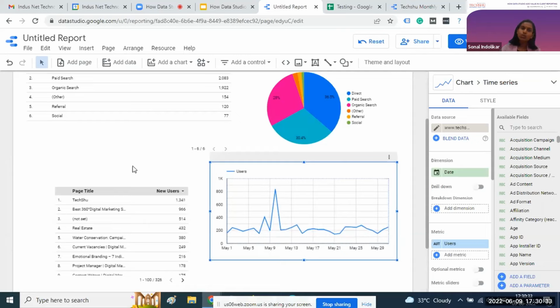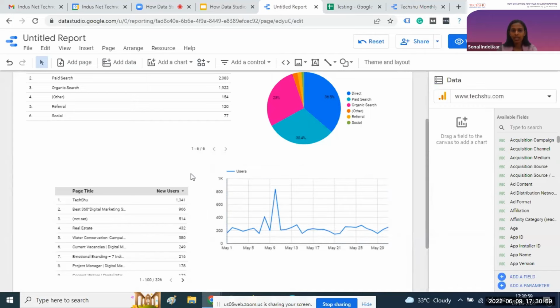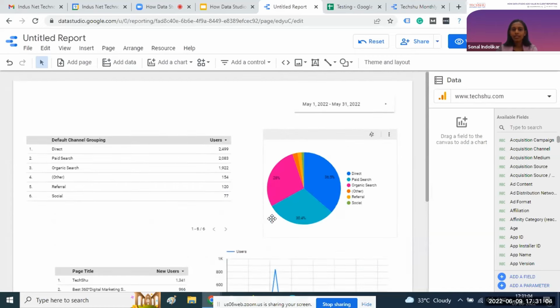When we use Google Slides or Microsoft presentation format or an Excel sheet for report creation, at that time what happens is we need to download the data from Google Analytics or Search Console. After downloading the data, we need to put that data in the slide format, and then we will create the graphical presentation for that particular format. So there is no real-time connection in the data, but in Data Studio, in real time you can create the actual presentation for your data.